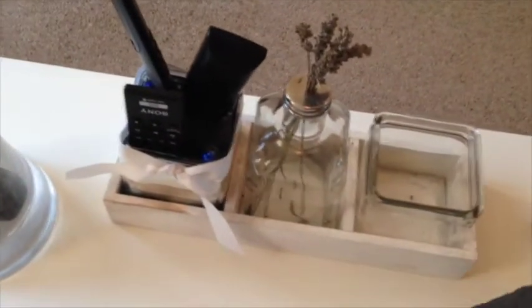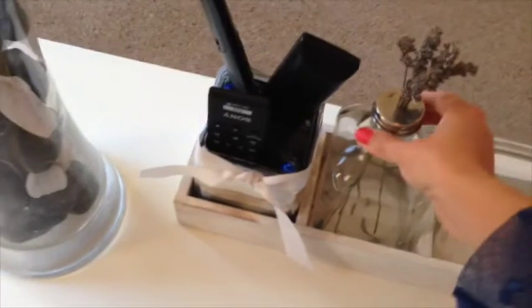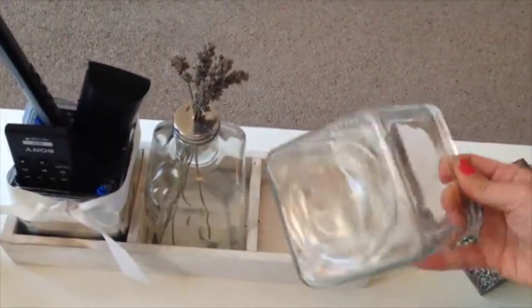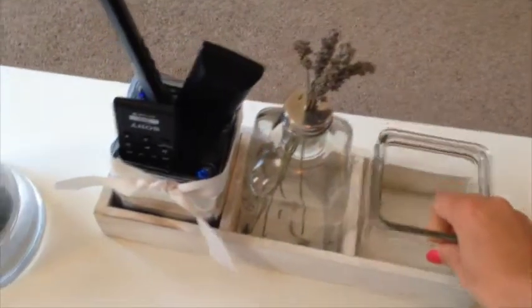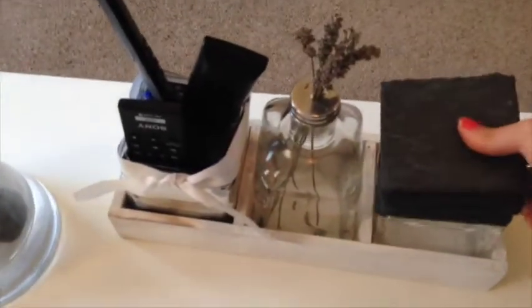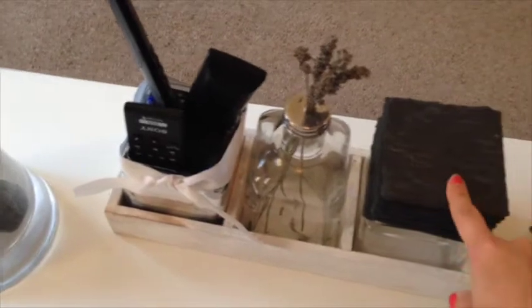Those are our slate coasters. I just put them on there because I'd clean the table. You could put anything in there really. There's a clear one, and the middle one is clear, and then the one at the end is actually mirrored, which is quite nice. And we just keep our remotes in there. But at Christmas I put baubles in there and candles, and yeah, it's quite versatile really, and I like the